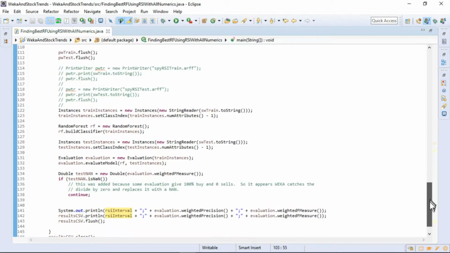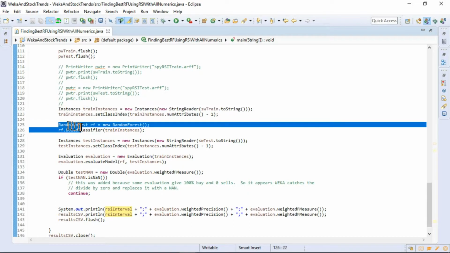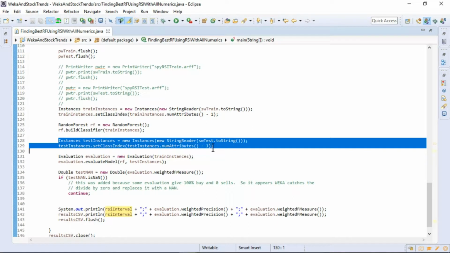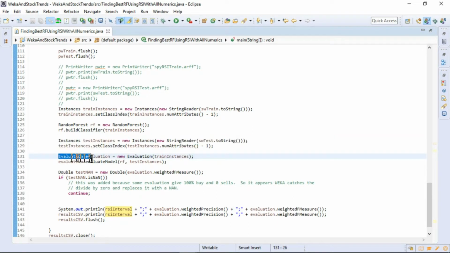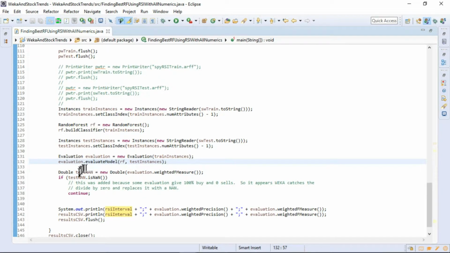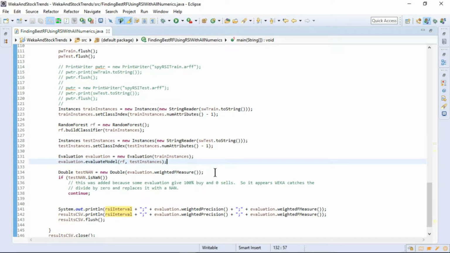Building the instances, building the random forest classifier and passing it the training instance. We build our test instance and then pass it to the evaluator. One other thing that I've added was we test the output from the evaluation for a non-numeric possible value, not a number, because since we're only using 2 classification attributes, if all of the results end up in the first